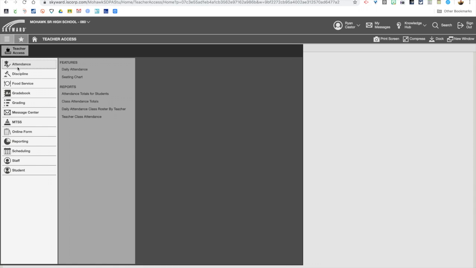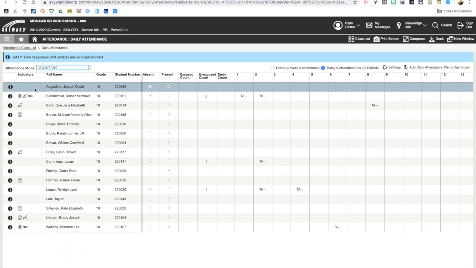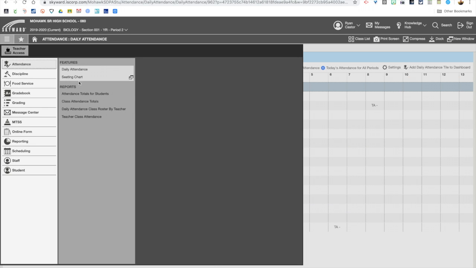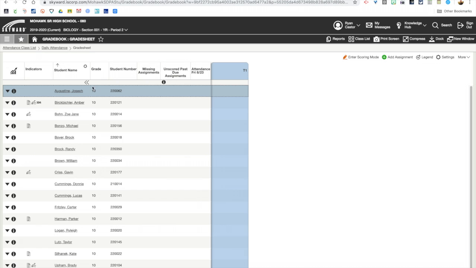So here we go. One of the issues that we're running into here at the beginning of the year deals with withdrawn students or students who are transferring out to somewhere like Votech. What's happening is if you view in daily attendance, the students are being removed from the list that you would take attendance by from day to day and class to class. However, when you go into a daily attendance class roster by teacher or into your grade sheet, those students are